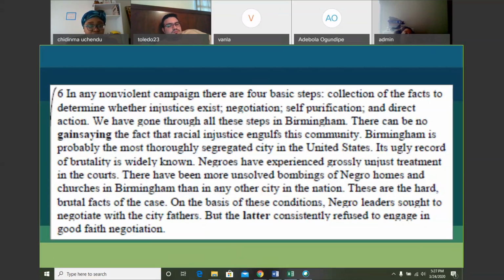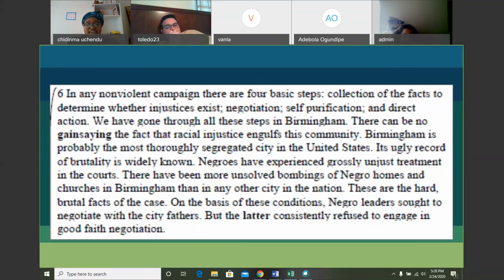So, to continue, we have gone through all these steps in Birmingham. There can be no gainsaying the fact that racial injustice engulfs this community. Birmingham is probably the most thoroughly segregated in the United States. So if we go back to the top, right? First he explains that there are 4 steps. Then he says, well, we've done all of these steps in Birmingham already. And then he's saying that there can be no gainsaying, meaning that there's nothing to gain in the fact that